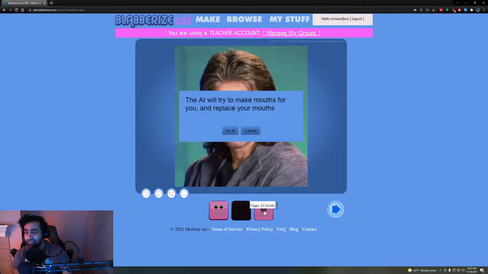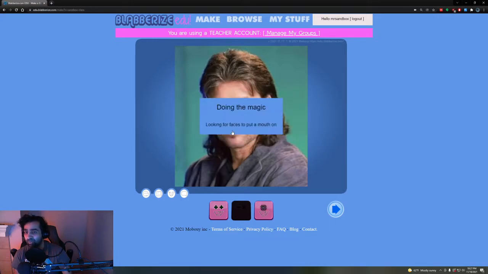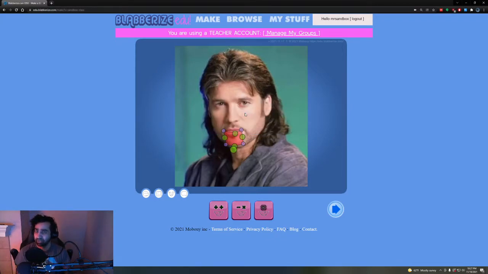Magic AI mouths. You click this, and on real people, as in pictures of an actual person versus drawings, it doesn't work well on drawings, it'll make the mouth for you. It does as best as it can. Sometimes it doesn't get it exact. Like notice how this one didn't get right down the middle of the lip right there, but that's